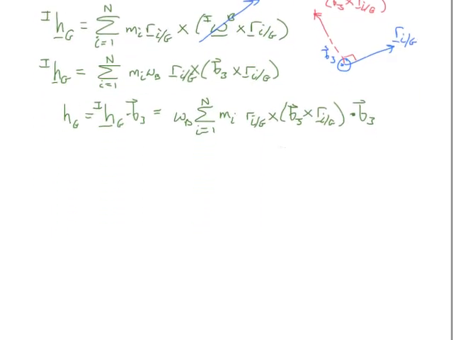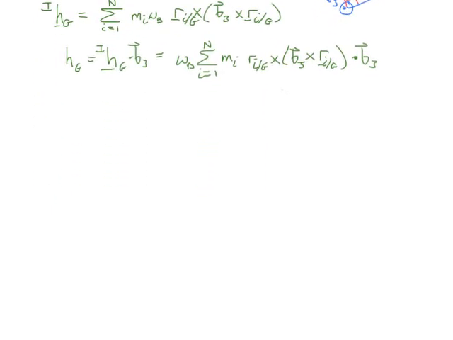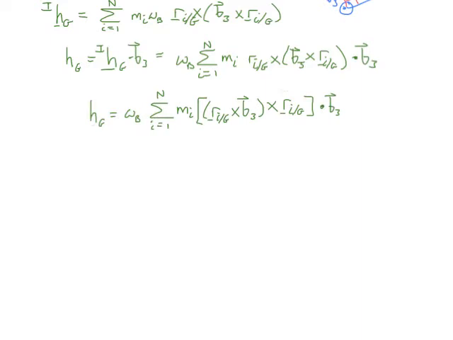And so next we'll use two vector identities. The first is that we can switch the order of this cross product, and as long as we switch the order of this cross product, we'll have the same thing. And so this vector identity will give us the following expression, in which we're still calculating the scalar of the angular momentum with this expression, but it now has r cross b,